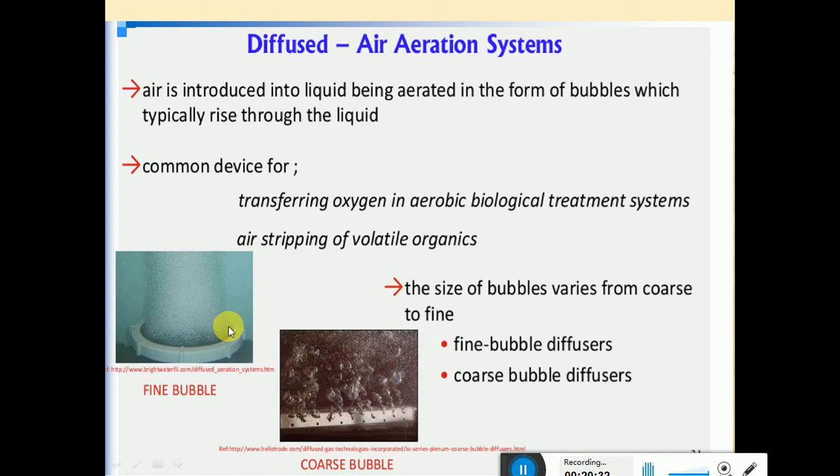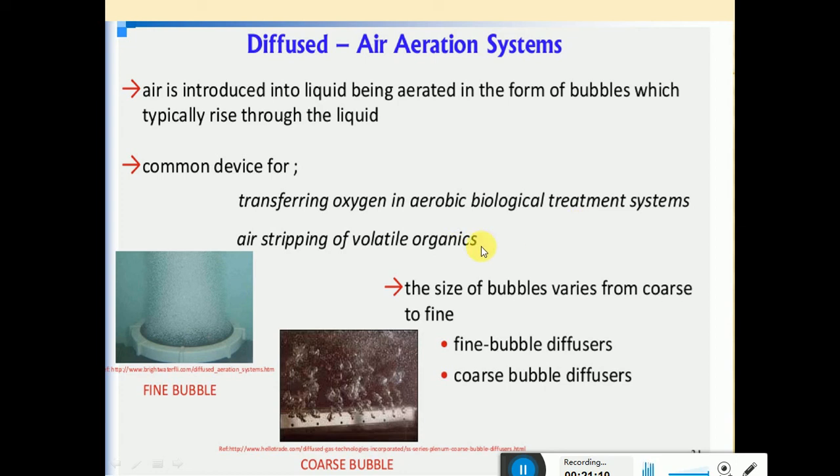Similar to that, for bigger water supplies, large capacity diffusers, which are as shown in the figure, will be used. This creates the finer air bubble depending upon the diameter of the opening here. This creates the coarse air bubble. So we can use the different types of diffused aeration systems to do the process of aeration. These are normally used in biological treatment systems in case of wastewater treatment, and also for the air stripping of some volatile organic compounds.